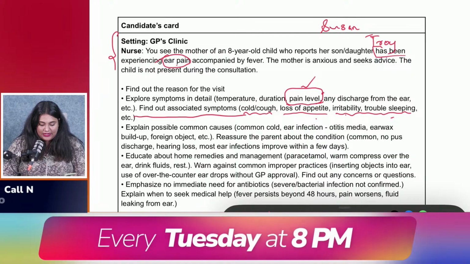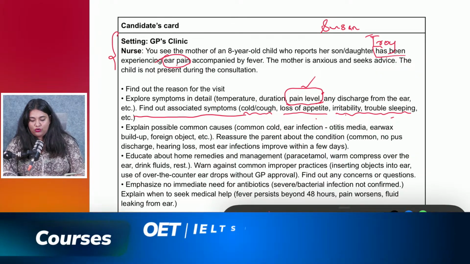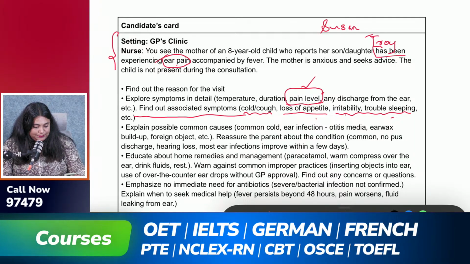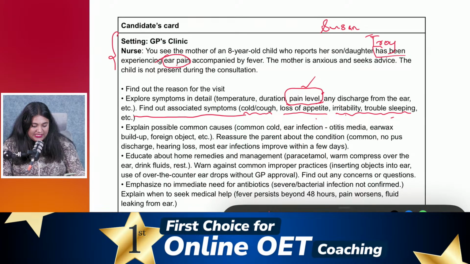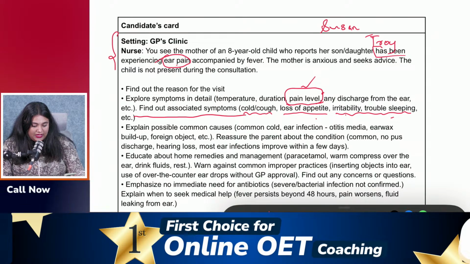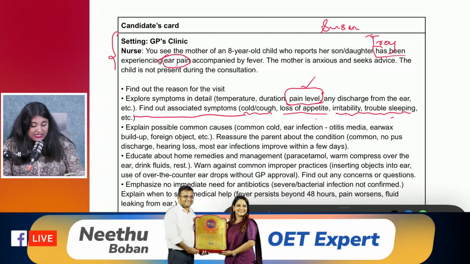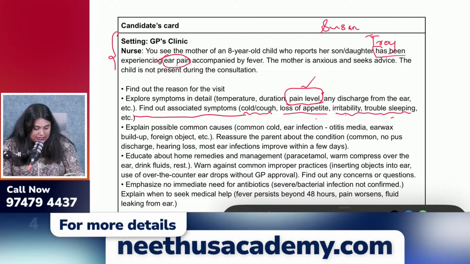The next one, let's look into the next point, associated symptoms. So I hope you guys know how to construct the statements for those as well. Yes, Suma, from what you just told me, I understand that the child has been experiencing fever, earache, and you notice some discharges. Am I right? I didn't say discharge. Just imagine there is no discharge. Okay, am I right?